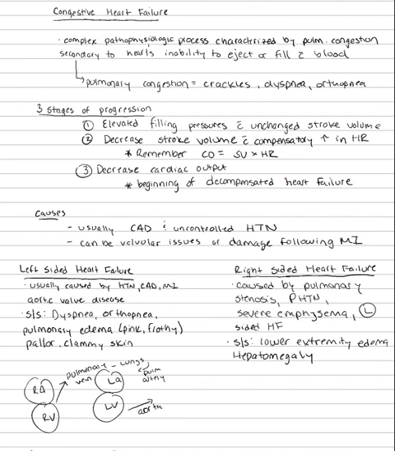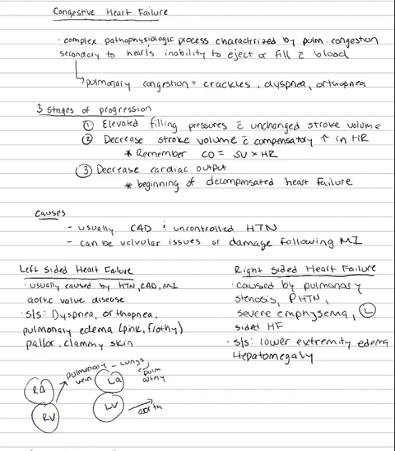So when the left side fails, right here, typically that's going to be in the left ventricle. No longer is blood able to get out to the aorta, so it's going to back up maybe into the left atrium, which is going to back up into the pulmonary artery and then into the lungs. And then that congestion is what's going to lead to eventually higher pressures, which the RV is not typically able to overcome, and then cause right-sided heart failure. So you can see it's really a whole system there, where typically issues further down the line end up causing